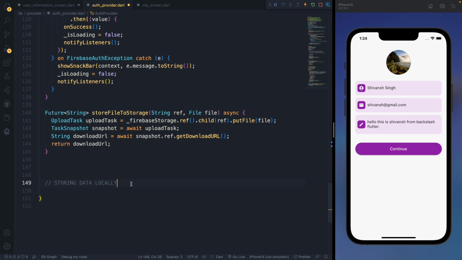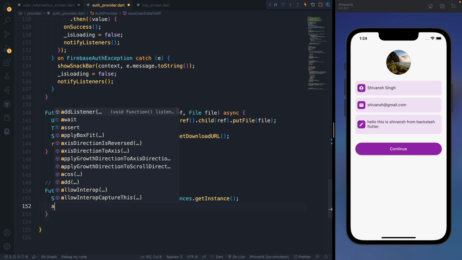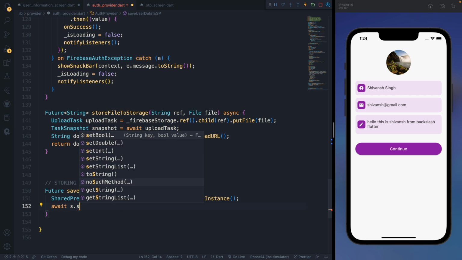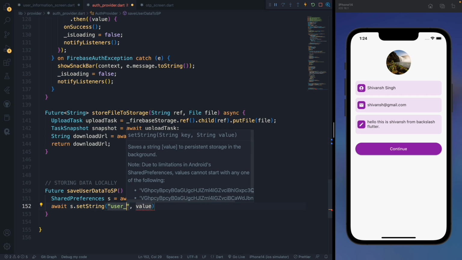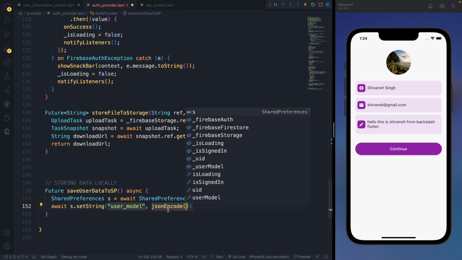So we need to first of all create this future function, save user data to SP. SP means shared preference, and this can be shared preferences as await shared preferences dot get instance, await s dot set string, which can be, let's say, user model, and then we need to encode this because this will be in the JSON format,